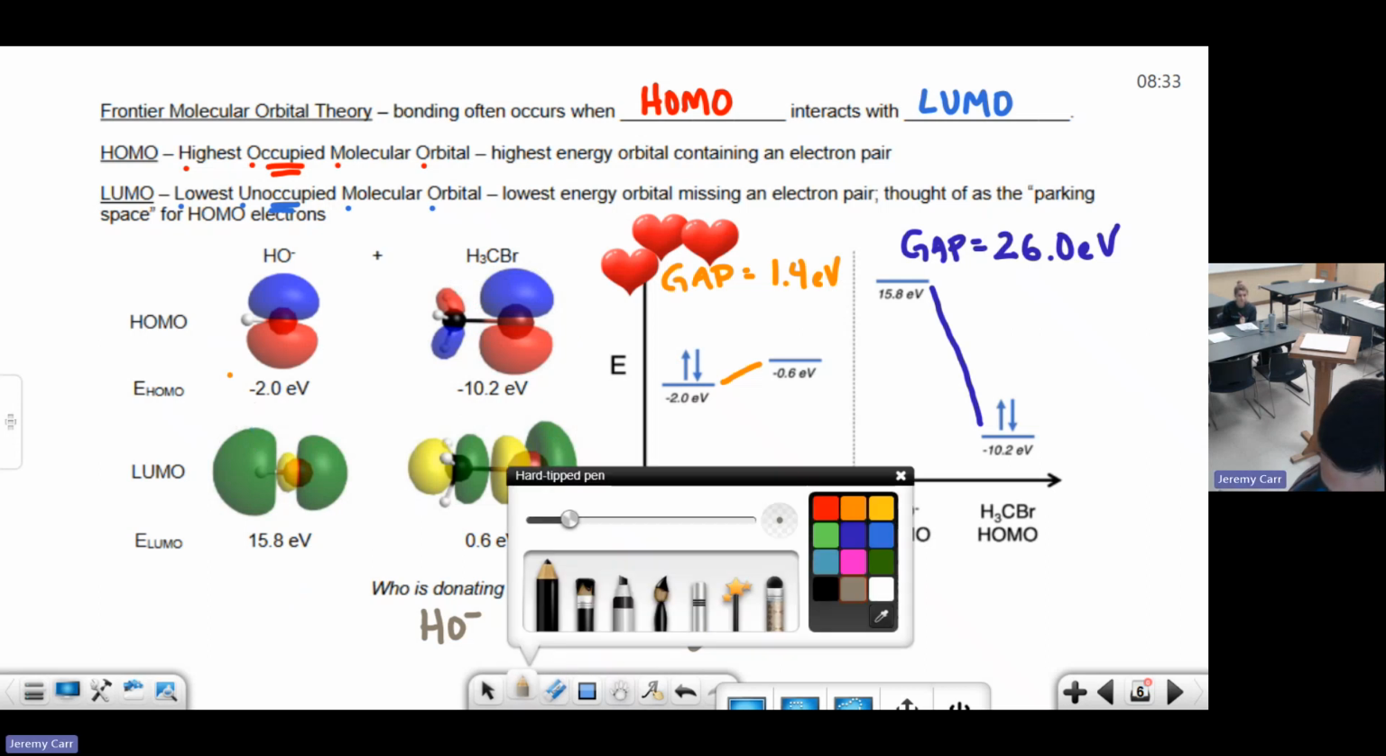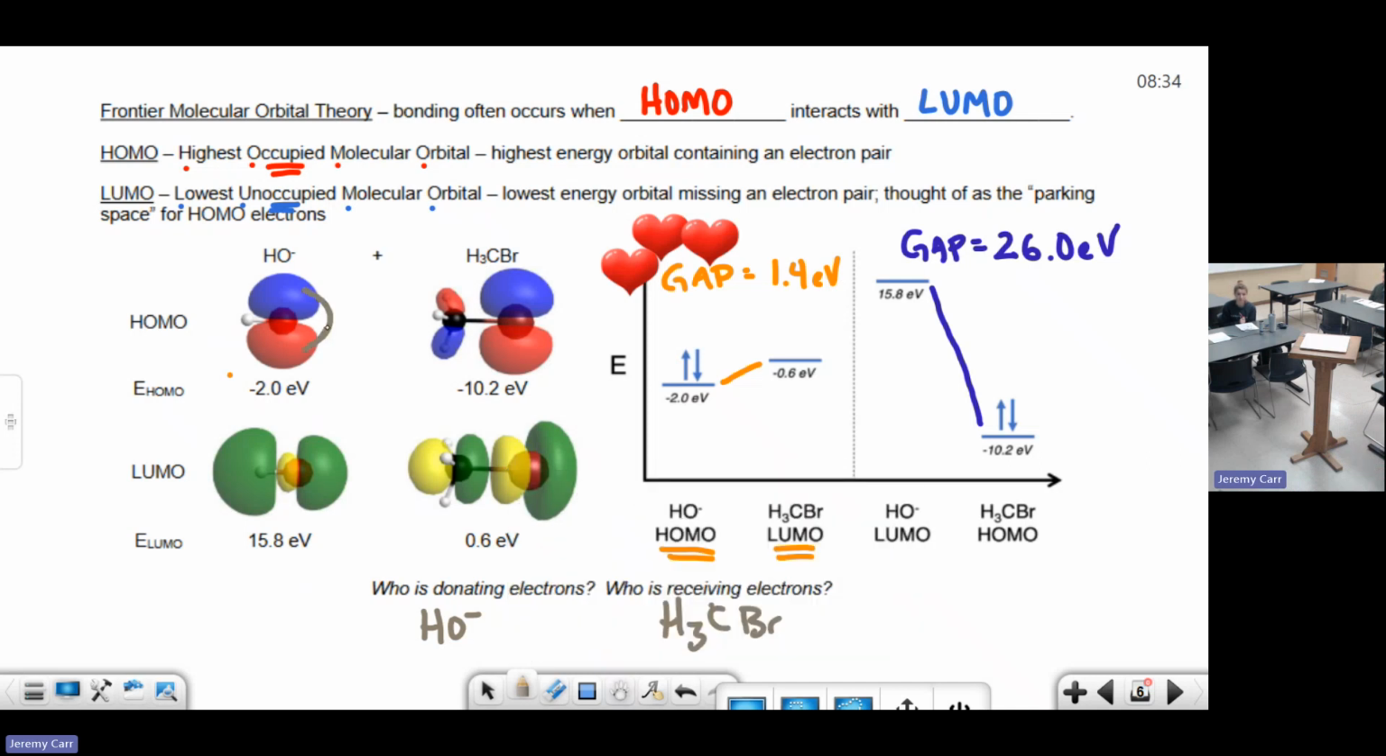This is where it gets kind of cool. These orbitals right here, one of them is going to want to add into that parking space right there. That's fundamentally what's happening in this case. All right, so we have one more theory we can take a look at here, and we can look at